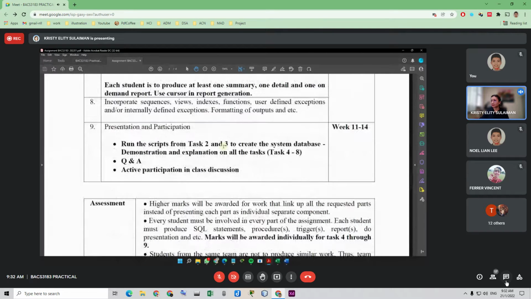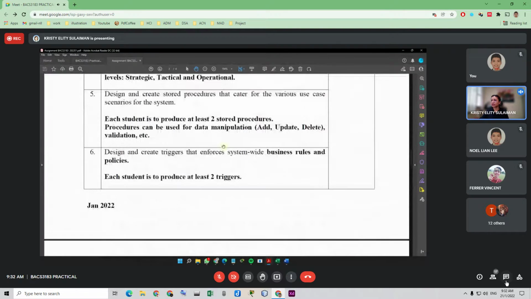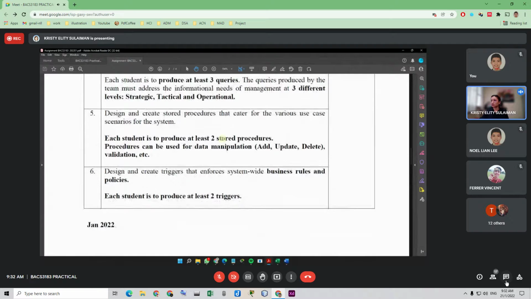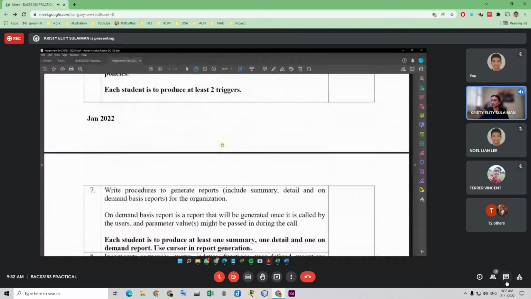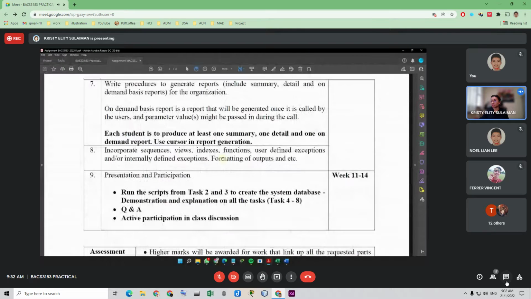And then tasks 4 to 8. Okay, so all the things under tasks 4 to 8: the queries, the stored procedures, the triggers, and also the reports. You will need to do a demonstration and explanation for tasks 4 to 8. So there will be a Q&A session as well.